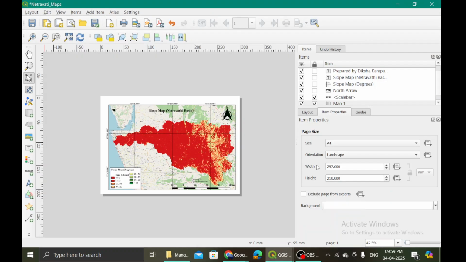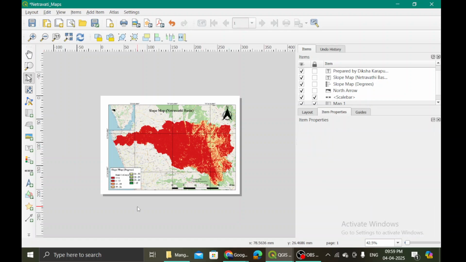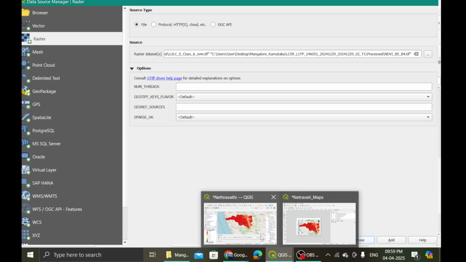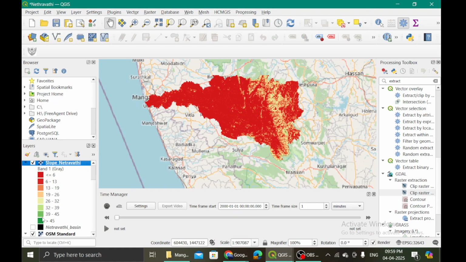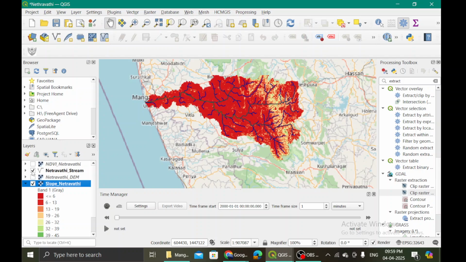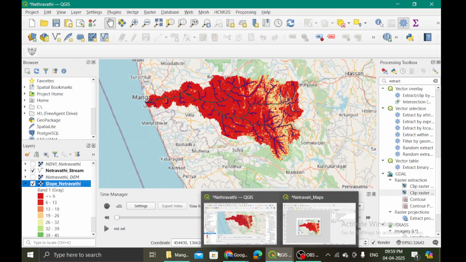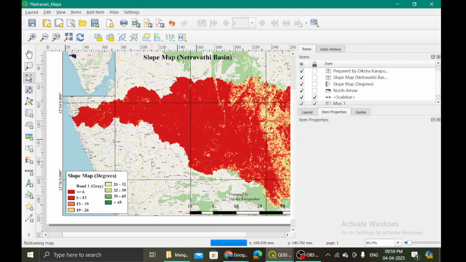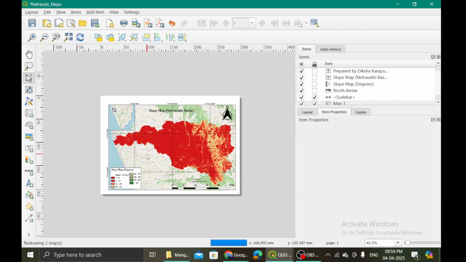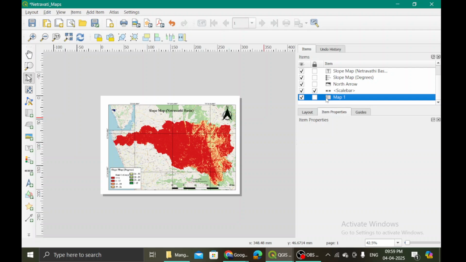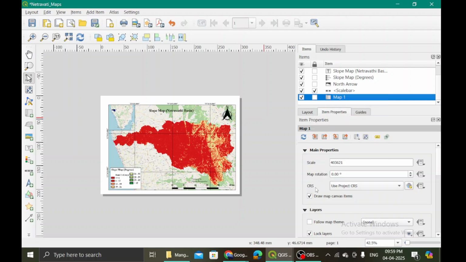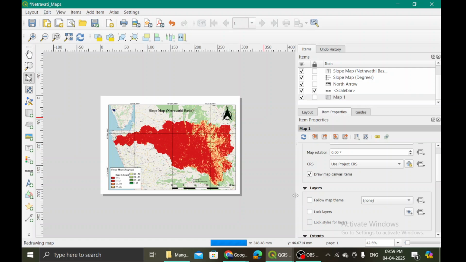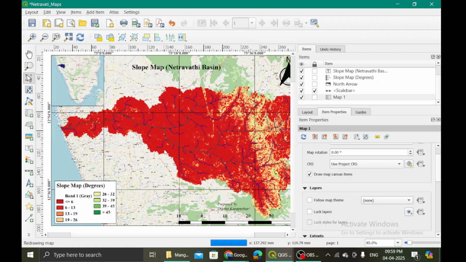So this is a map that is ready now. We can very well extract it, right? There seems to be something missing. Is there something else that I want to add? Let's say I want to add these streams, Netravati streams, to it. Okay, I have added them. Come back over here, zoom in, zoom out. I have locked the map now, so let me unlock it and go to its properties also. Now the streams have come, right?